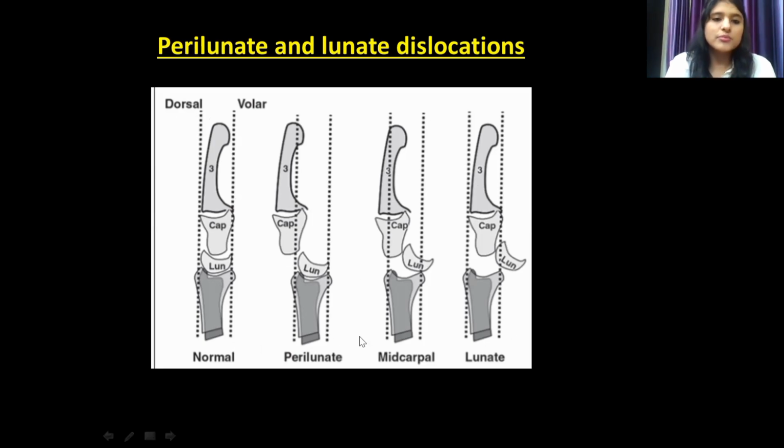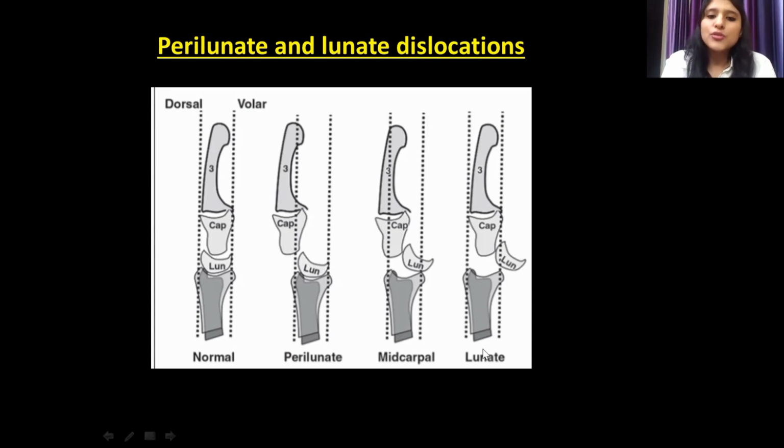In a perilunate dislocation, the collinearity between the lunate and the distal radius is maintained. They are along the same line, but there is dorsal subluxation of the capitate and the third metacarpal. So in perilunate dislocation, the lunate is in its place, but the third metacarpal and the capitate have migrated